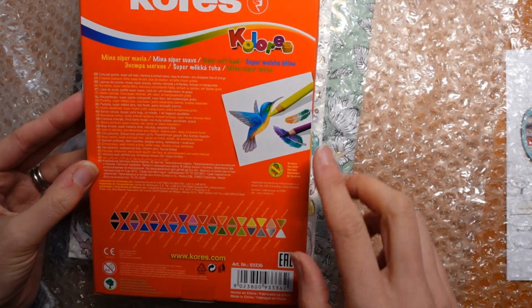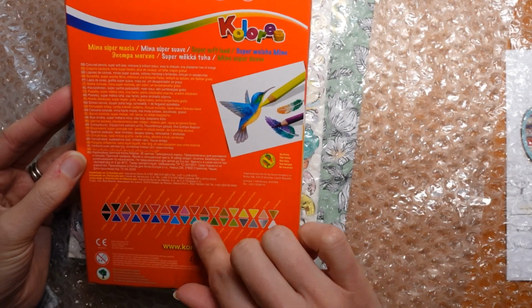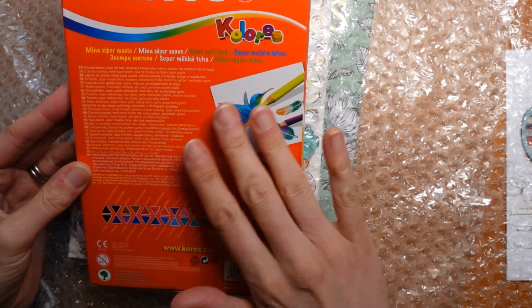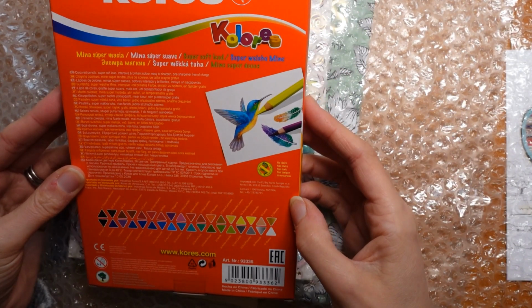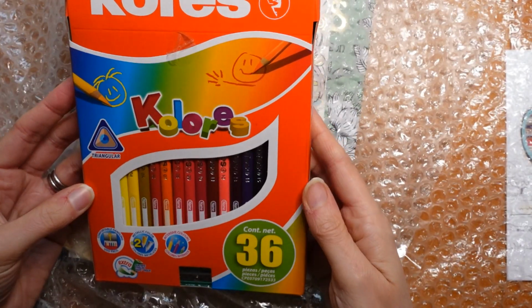It has all the colours on the back. What I will do is make a video and use them to colour something, to try them out. But obviously they must be triangular, which is interesting. It's a little bit different to the